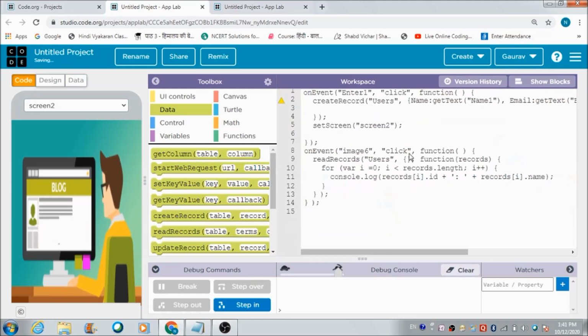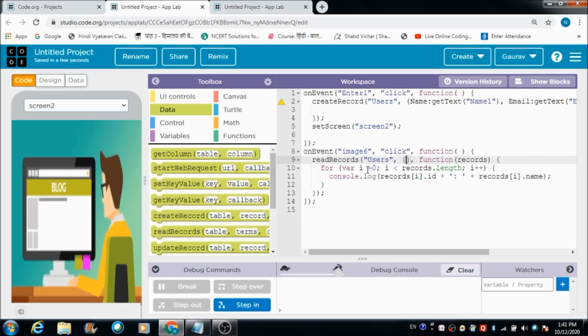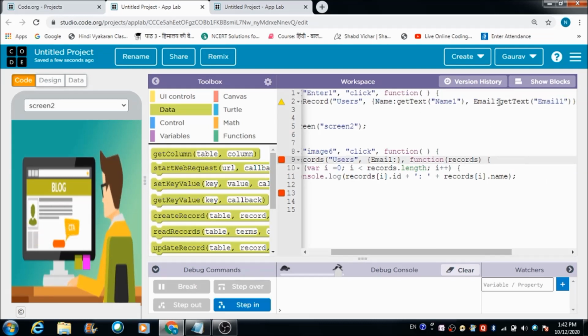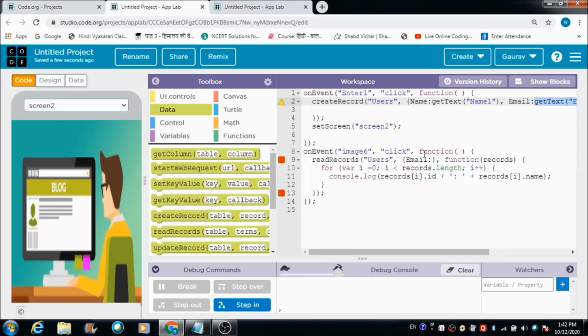The information of several users will be there in the users table. So I would like to read the name and email address of the user whose email ID matches the email ID that the person is going to enter in the email 1 component. So this is how I can define a condition criteria like this.